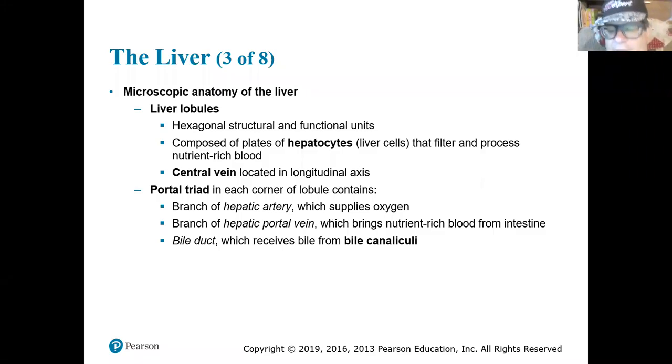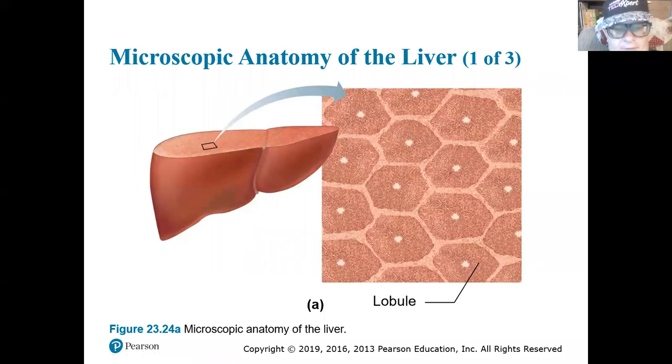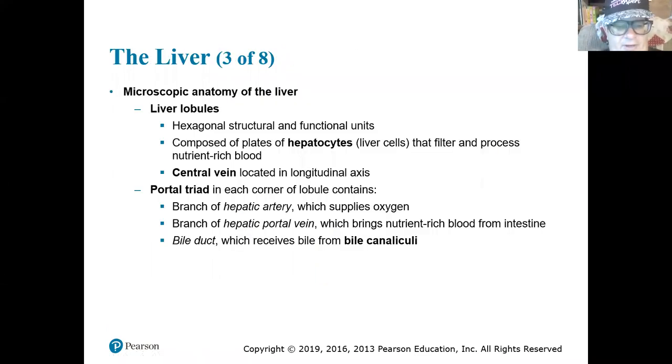Okay, so let's get a look at those liver lobules. Kind of honeycomb looking with the hexagonal shape. The central vein they were talking about is right there. But what I want you to notice, if we could zoom in better, and we can't on this slide, but if we could zoom in, at each corner we have that portal triad that the previous slide was talking about, where it says that each corner of a lobule contains a hepatic artery, a hepatic portal vein, and a bile